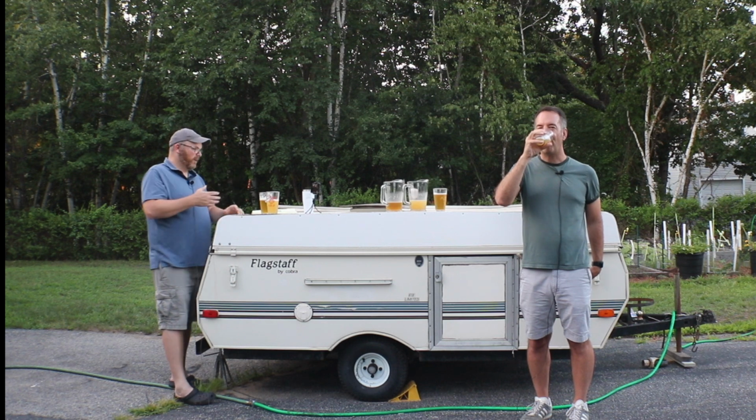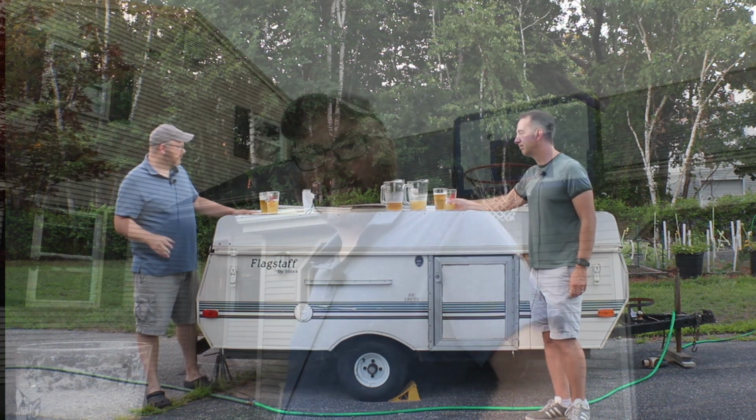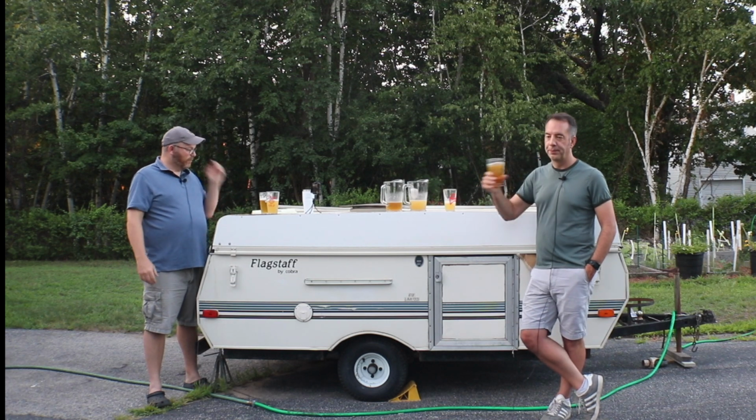So beer number one, if we remember right, the very basic recipe is 42% Pilsner malt, 36% pale malt, and then 10% flaked oats, 10% torrefied wheat. Yep. So the original beer